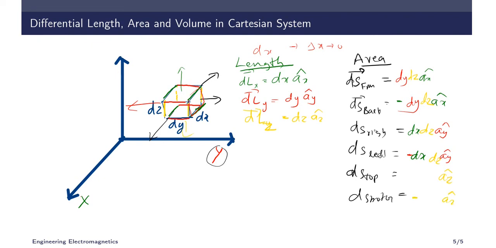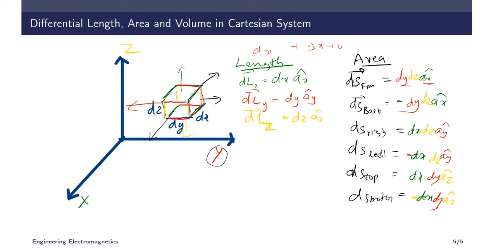So what is the magnitude? Green and red, which is dx, and red is dy. So dx dy. So it is easy. When the direction is x, the remaining 2 are the parameters. So there are 6 differential surfaces: front, back, right, left, top and bottom. You can find them based on the direction. Remember, in the Cartesian coordinate system we always use x as the front, y towards the right and z towards the top.